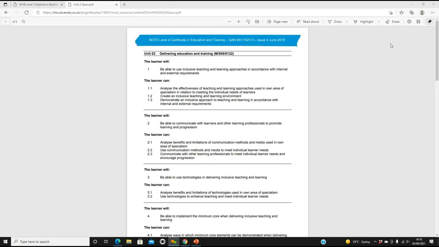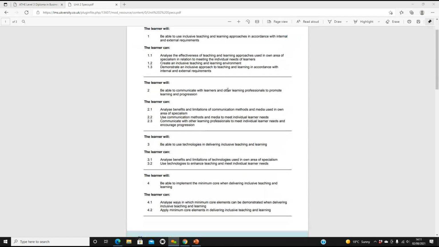So we're looking at Unit 2 today, and this is delivering education and training. And there's 5 learning outcomes in this today. So the first learning outcome is be able to use inclusive teaching and learning approaches in accordance with internal and external requirements. Learning outcome 2 is be able to communicate with learners and other learning professionals to promote learning and